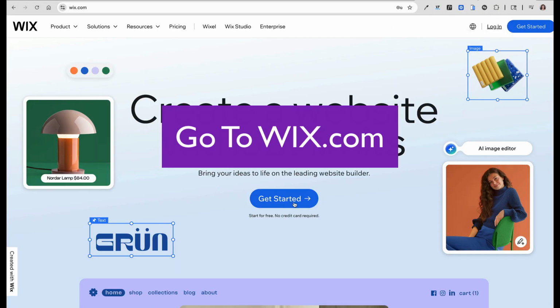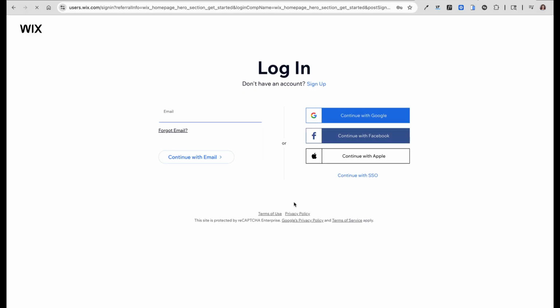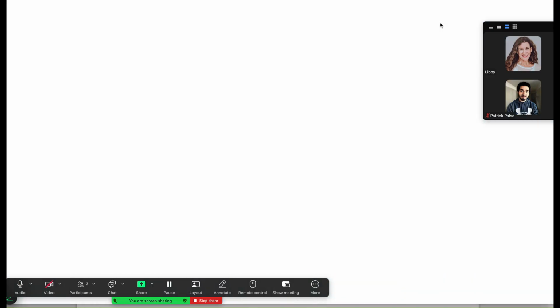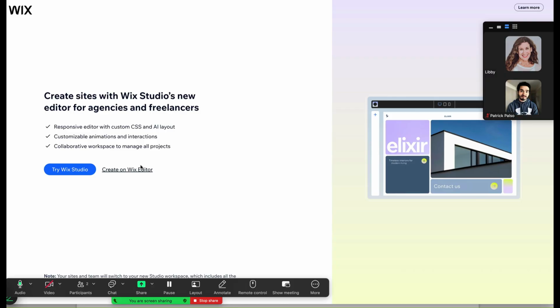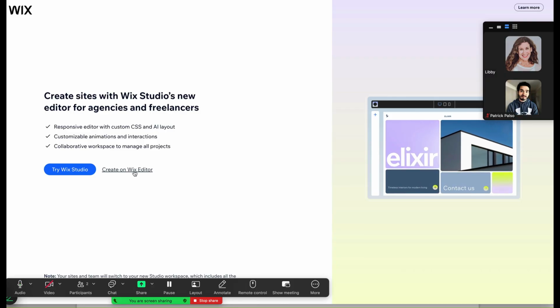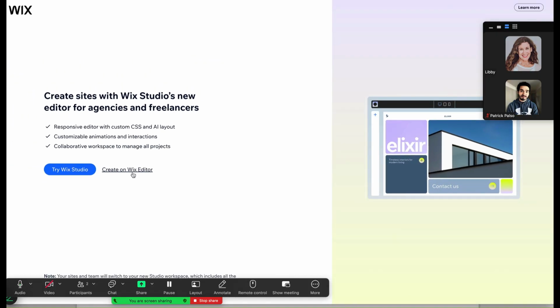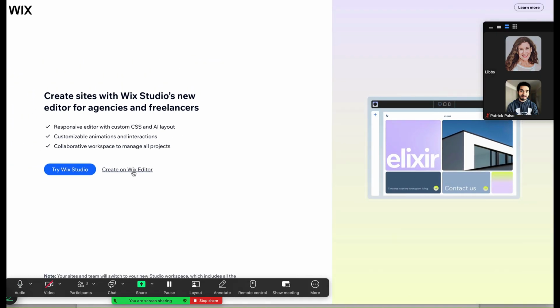So you'll go to Wix.com. And you won't have all of these sites. That's my playground where I have a lot of different things for students. But you will come up to create a new site and select that. You will choose create on Wix editor. Regardless of how you begin, you're going to use the free site, not the one that